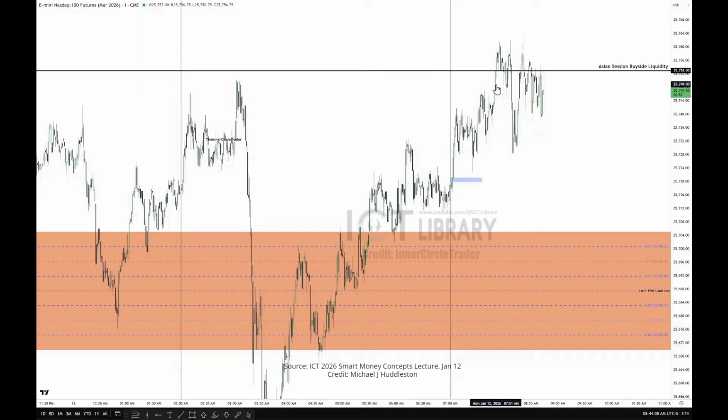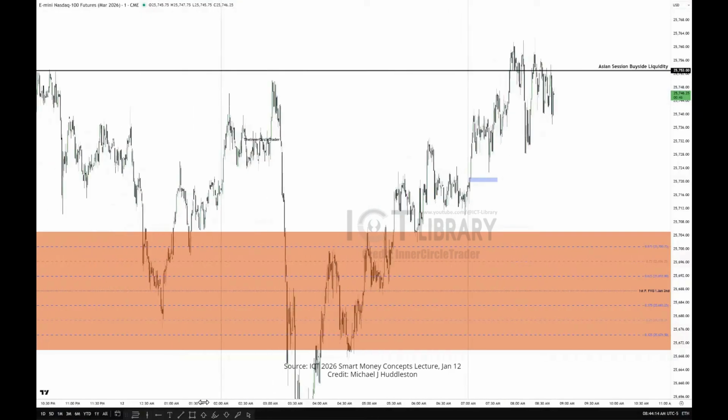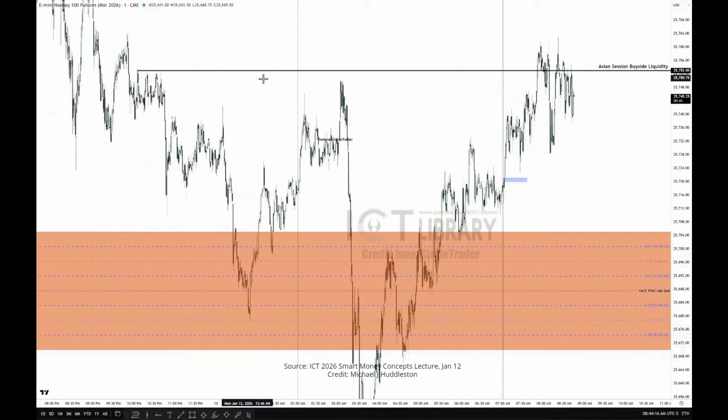Now, let's play devil's advocate for a moment. And let's assume that all this smooth price action up here didn't get ran to, and it came down and it traded down into this first presented fair value gap from January 2nd. I would expect at 9:30, if this hadn't ran up there as it has already done, then any drop down would be viewed as a Judas swing during the 9:30 opening to 10 o'clock opening range, that 30-minute window. And then I would look for displacement to the upside.